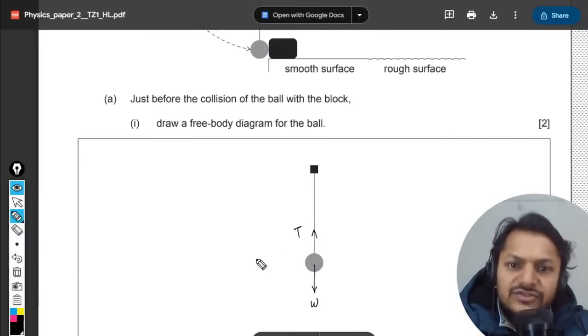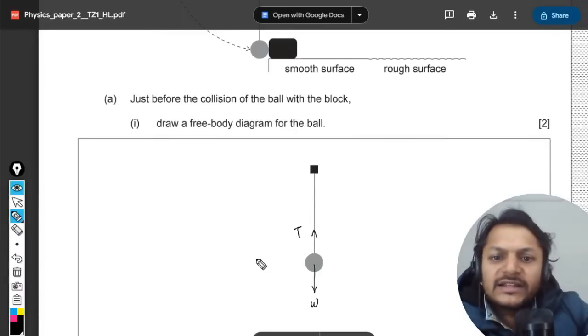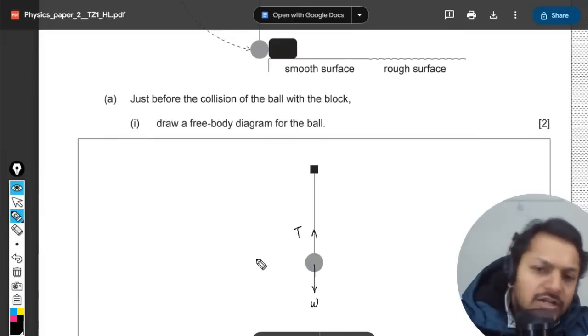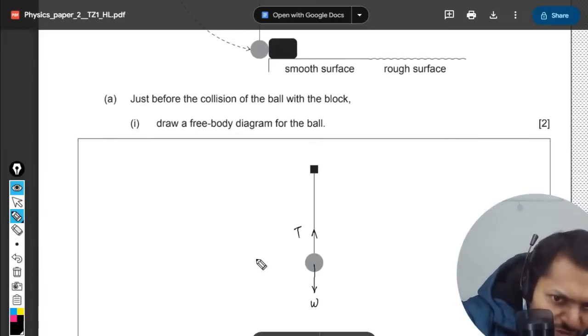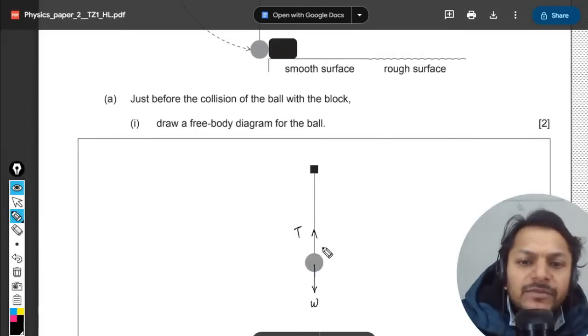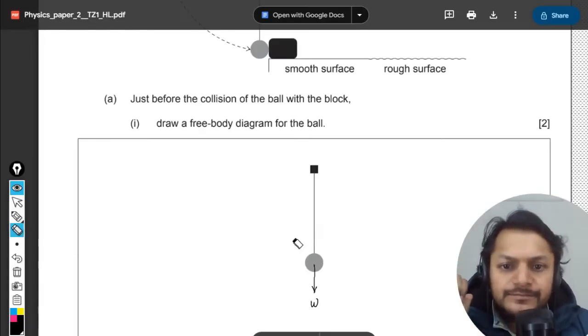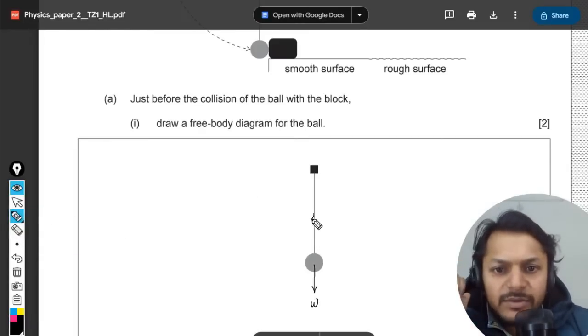Now, the tension in the string also acts as the centripetal force, because of which the ball is moving in a circular motion. Because there is no net upward or downward motion, but there will be a bigger force here, tension will be more than weight. Tension will be bigger because it